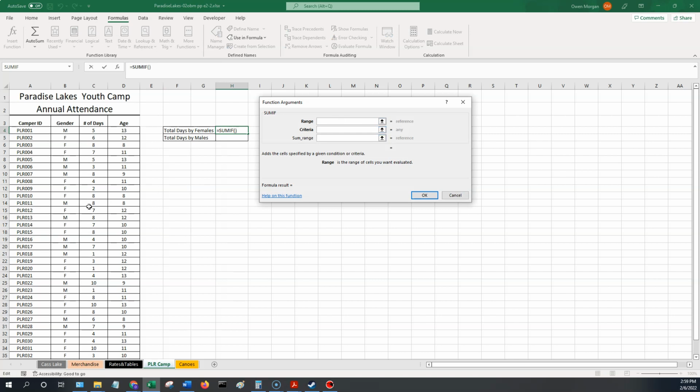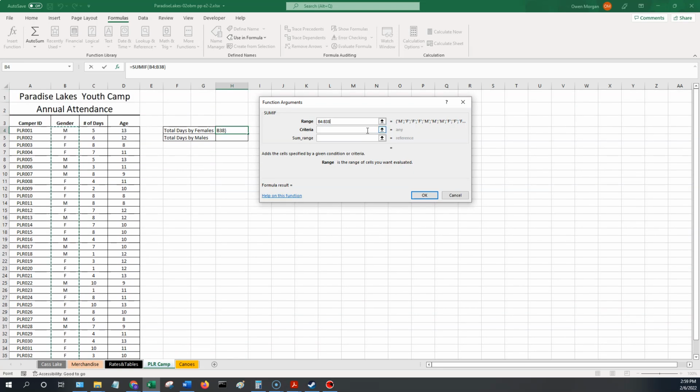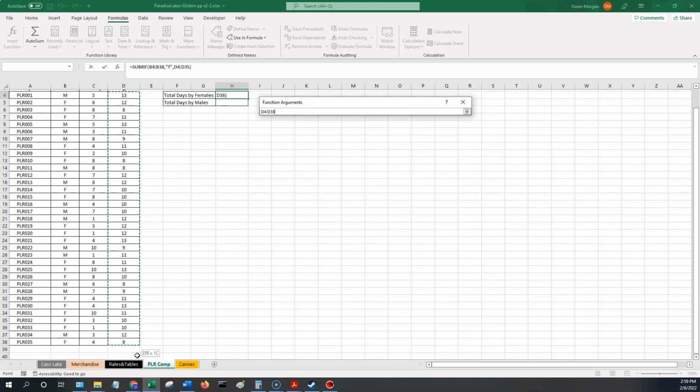So first thing we have to do is we want to know what is the range that we're selecting. So we'll go ahead and select the range as B4 through B38, and then we will press the criteria here, which is an F. So what we're going to be doing is looking through each of these cells. If we find an F, then we're going to sum the result that we find here